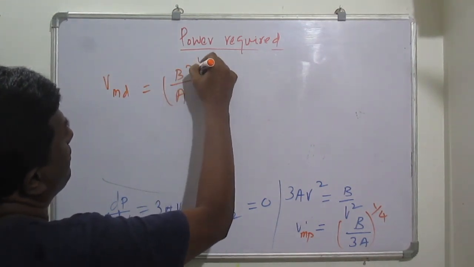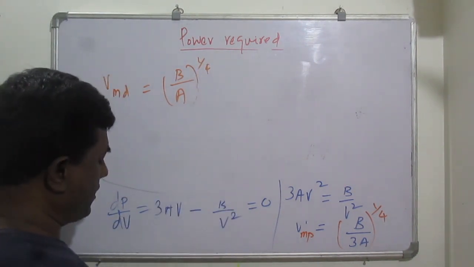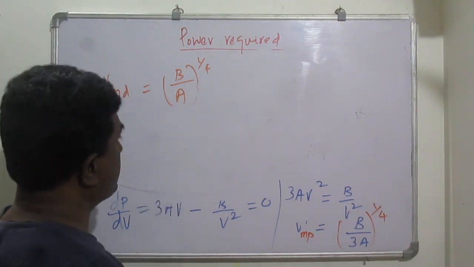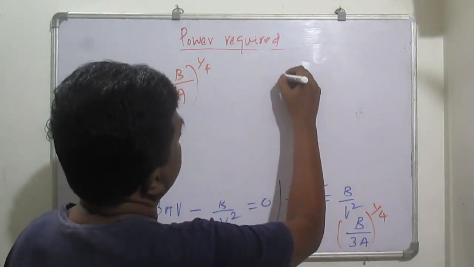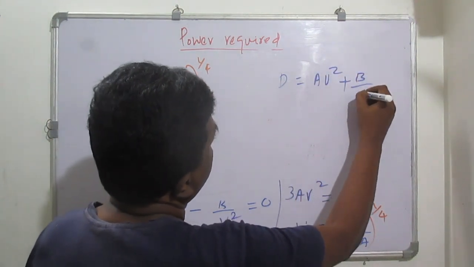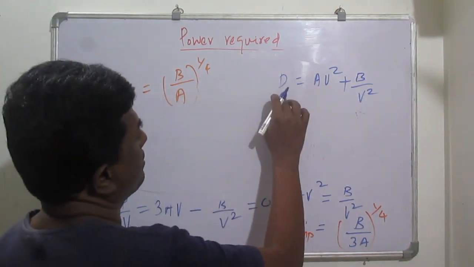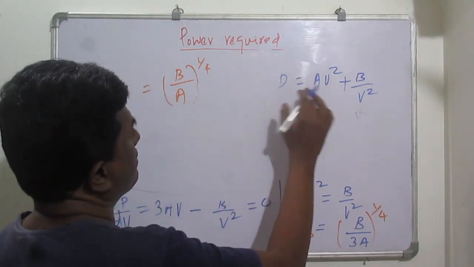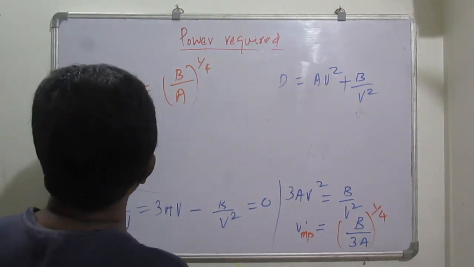This result comes from our earlier equation, because we know drag equals av square plus b by v square. By differentiating this with respect to velocity, we got velocity at